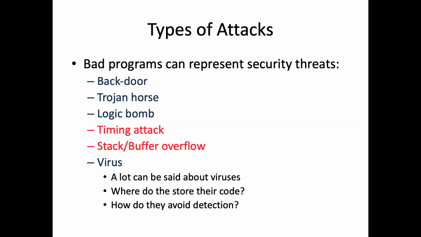And if you look at your book's material on a virus, that's what it spends a lot of time talking about. How do viruses get copies of themselves onto other systems? And how do they hide themselves so that when they're running, you don't even know that they're there? All of these attacks on this page are attacks that would make sense even if your system wasn't on a network. These could be attacks that get distributed on physical media.